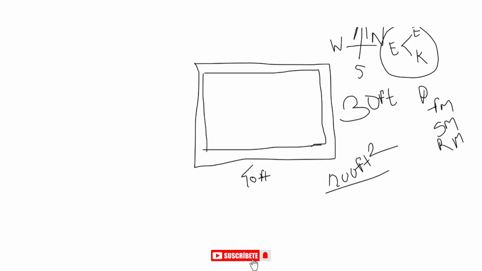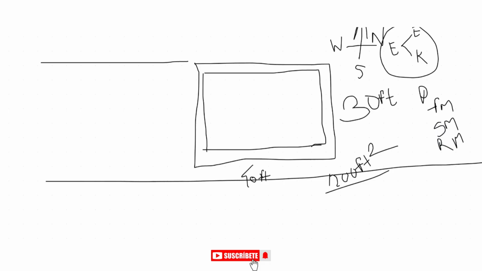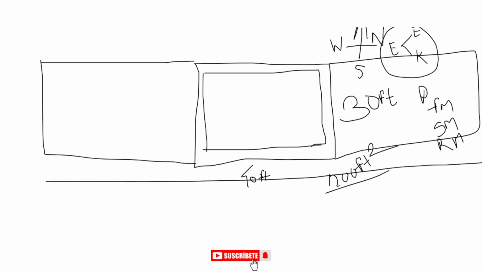then where is the road? The roadside face matters, because if the plotting is done in that area, a big road should be there. Suppose here is one plot, here is another plot, and your plot is placed here, and you want to create a plan. Where the road is plays an important role, because the entry of the house should be according to the roadside facing,